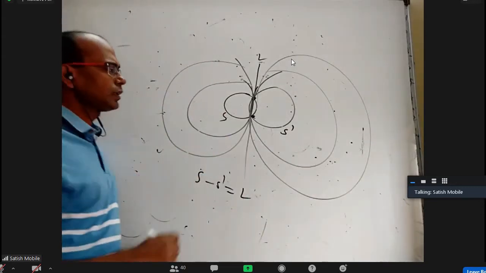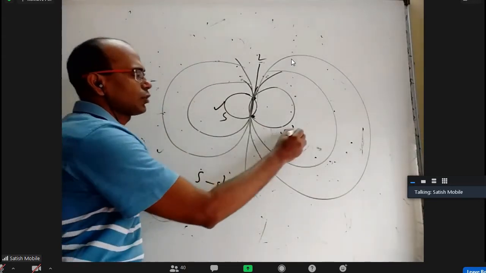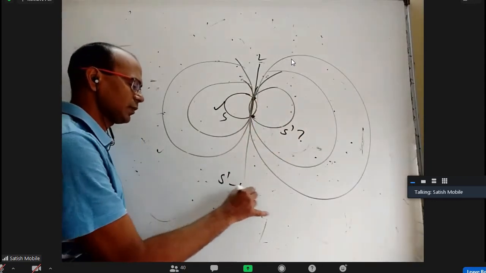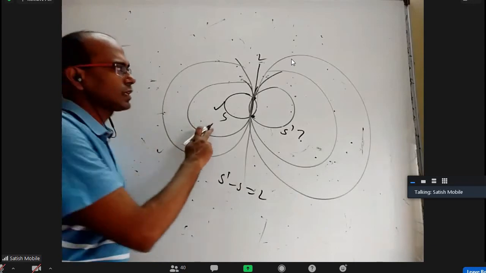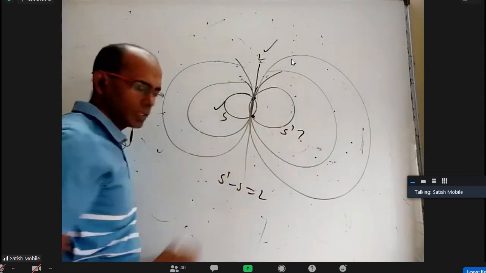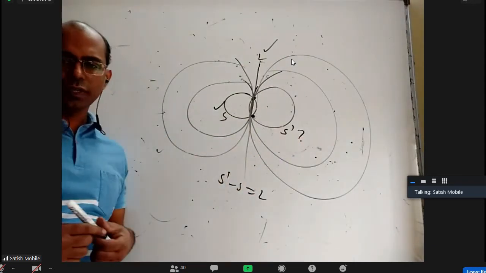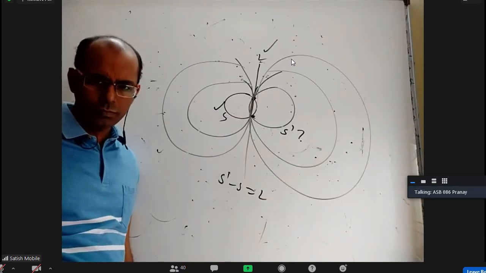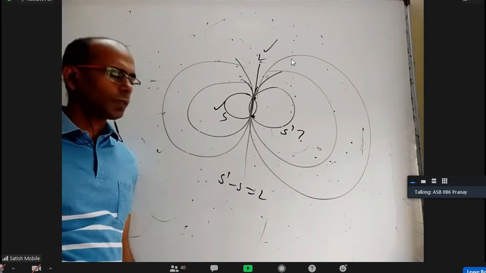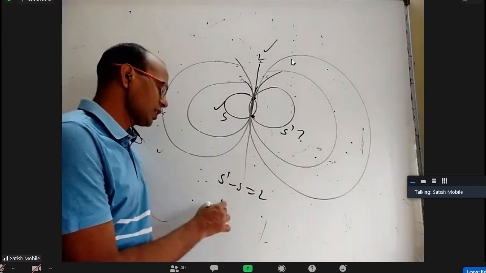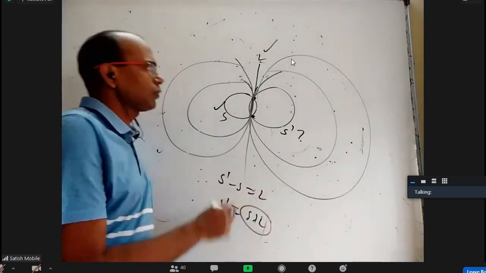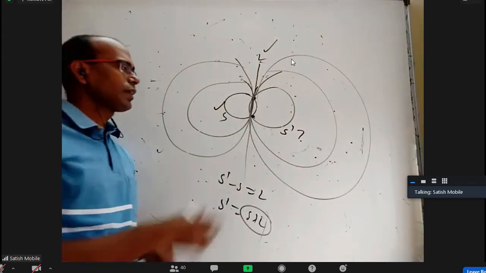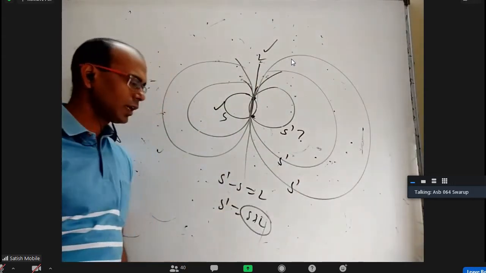One may say, I'll give you this and I want you to find this. Okay, S dash minus S is L. I'll give you S, I'll give you L. I want S dash. How to find it? S dash is S plus L. So when you add this circle and line, you'll get one. But do you think that is the only answer? Why, this S plus also can be S plus lambda L.